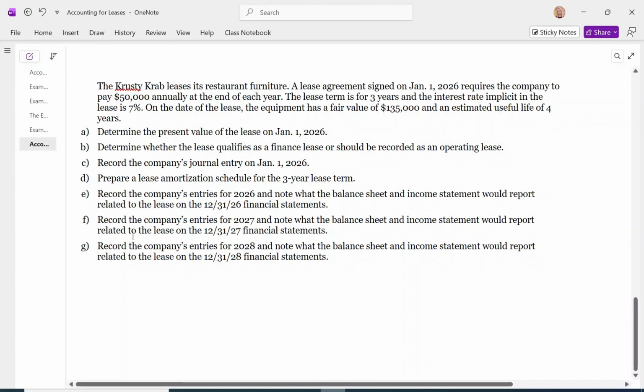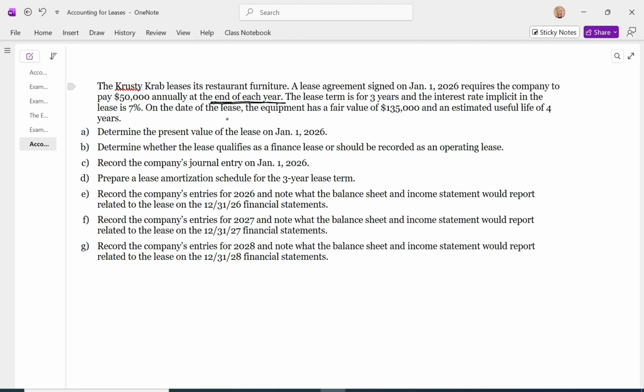Let's take a look at an example, and this is from the lessee's perspective. The Krusty Krab leases its restaurant furniture. A lease agreement signed on January 1st, 2026 requires the company to pay $50,000 annually, and in this case, it's at the end of the year. The leases that we're going to look at are either going to have the first payment made at the beginning of the year, which is probably more common in practice, or at the end of the year, as in this